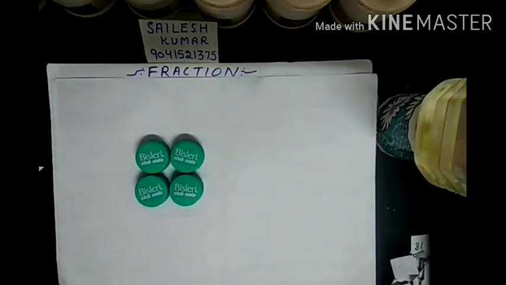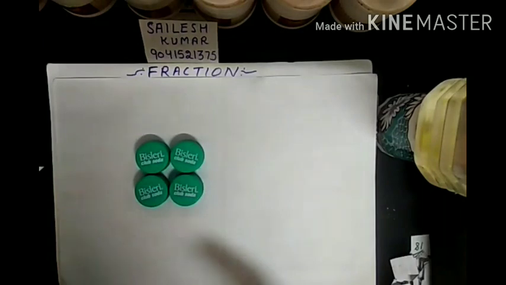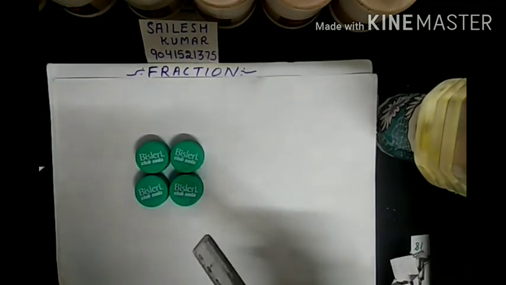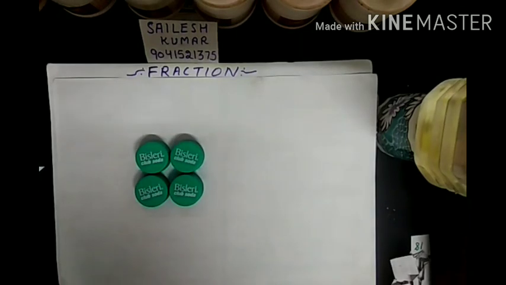So you can see these are in counting 4, and I will consider this a product of the 4 lids or the 4 parts. I will consider it a single product which has 4 equal parts. You can see that no part is different from any other. All parts are the same here. So the total parts are 4.